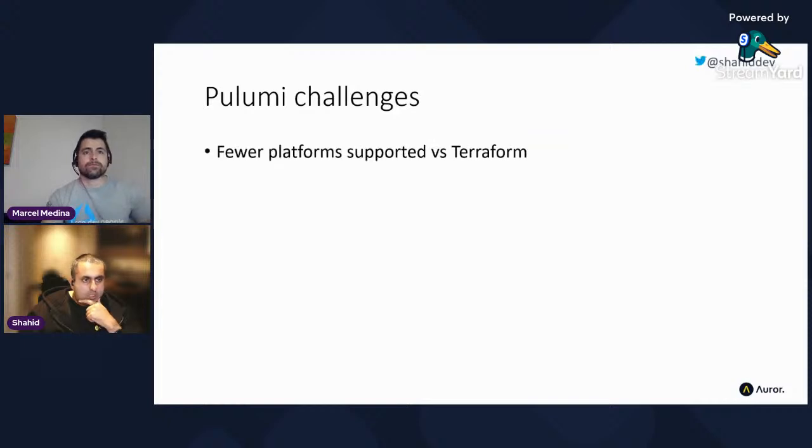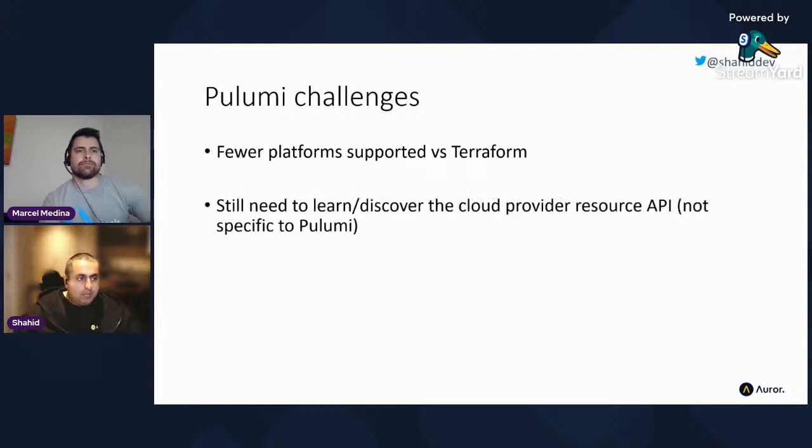So what are the issues with Pulumi? It has fewer supported platforms than Terraform. You saw in that screenshot there was about 96, let's say give or take 100. I don't know what the number for Terraform is, but I know it's significantly more. Reality here is, does it matter? I guess it only really matters if your specific use case isn't catered for, right? If I don't care if there's 2,000 other providers, if I'm never going to use them, it's irrelevant to me. But yeah, just worth pointing out.